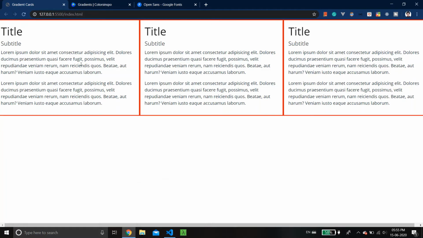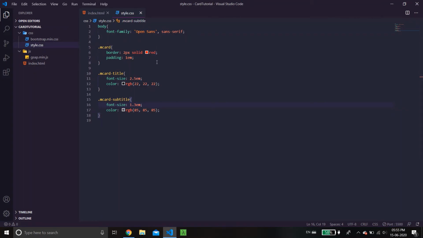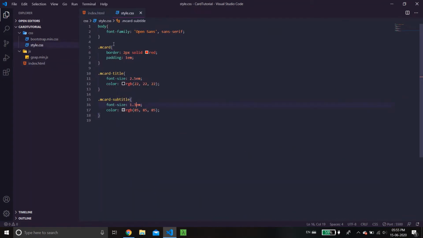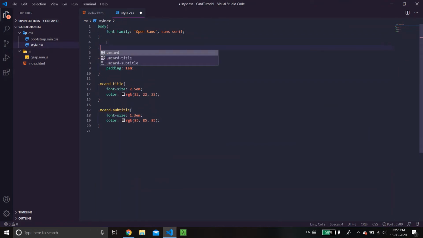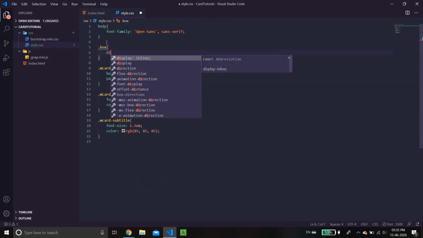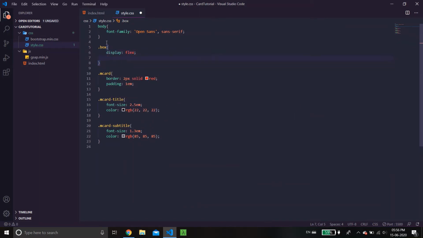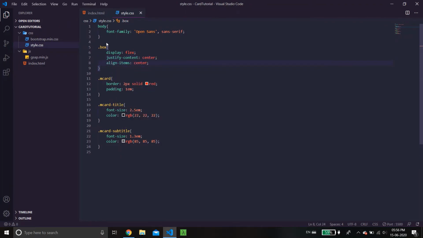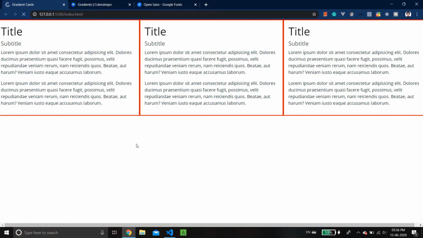Now I know Bootstrap already has some classes like text-muted for this, but we're just going to use Bootstrap for the layout, and we're going to do everything else on our own. So I'm just going to call this a box class, and I'm going to do the flex thing myself. I'm going to say box display flex. I want to keep it as custom as possible, so justify content center, align items center. That is all I do in CSS nowadays.